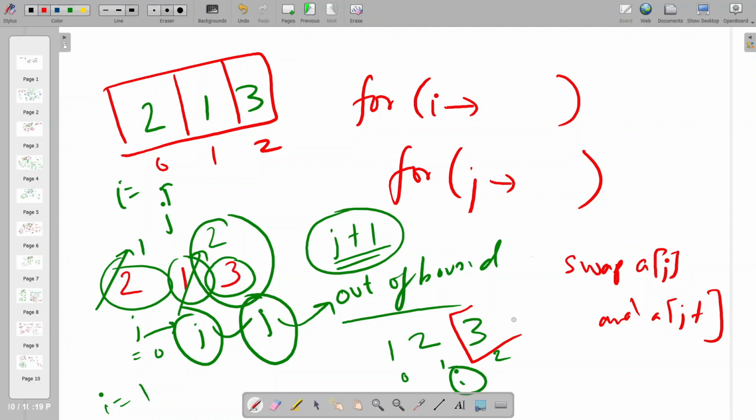Whenever we run an iteration in bubble sort, the benefit is that we keep on getting the elements fixed from the right hand side. So after one iteration the final element is fixed. After two iterations, two elements from the right hand side are fixed, so we need not traverse them again and again. That will be a redundant, useless task. Why traverse something that is never going to show us a discrepancy? So we will restrict j up to these two values. We will not go to the last value, because we know it is already sorted. That is the optimal approach we can apply while using bubble sort.